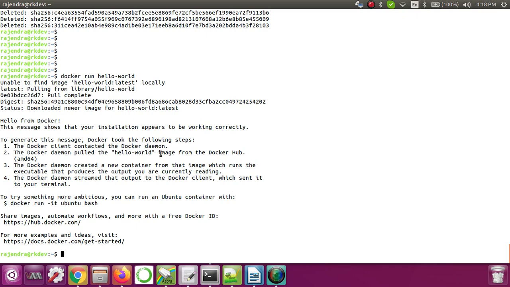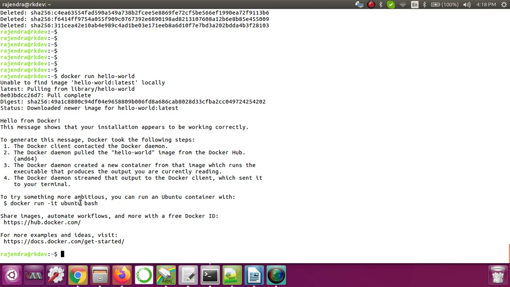The Docker daemon streamed that output to the Docker client, which sent it to your terminal. So whatever the output of the container is, the Docker daemon sends that to the Docker client, and then the Docker client shows all this information for us.